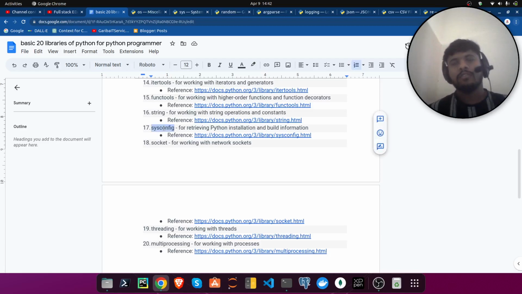Then sysconfig, while attaching to the system, like on deployment. I'm giving you an example of deployment. Say you have code version control and data version control, you have uploaded your code to GitHub, or hosted the code locally in your system, and you are dockerizing that. After that you use Kubernetes, and you are using Nginx or maybe another tool for making your server stable, or you are providing the API. At that time you need to configure your local system to that server, so you use the socket library for working with network sockets.